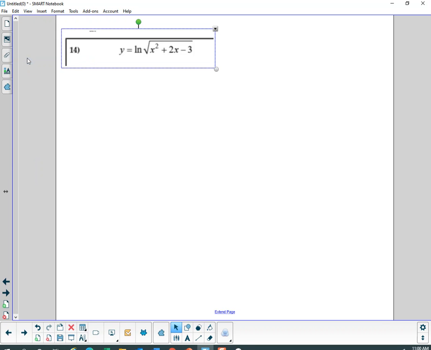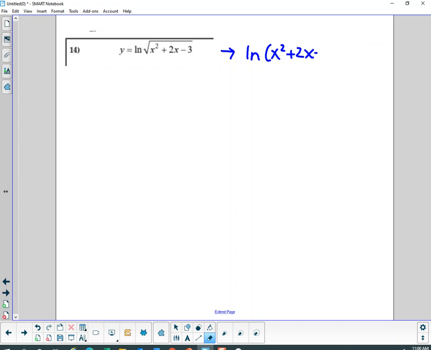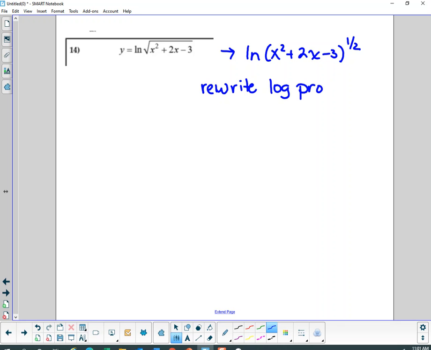If I take the exact same problem and stop for a minute and look at it as, oops, not a 1/3, a 1/2, excuse me. Whoa, I'm just writing with an eraser. Okay, how about plus 2x minus 3 to the 1/2. If I rewrite that using a log property, and I make that 1/2 natural log x squared plus 2x minus 3,